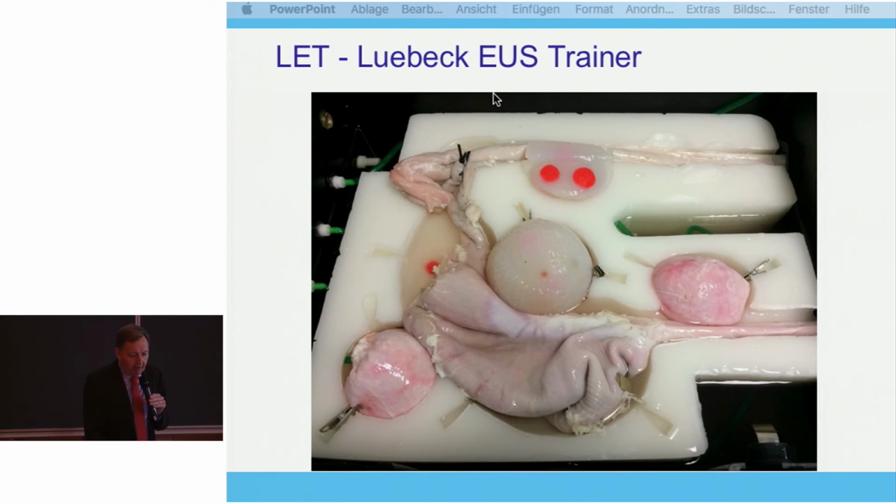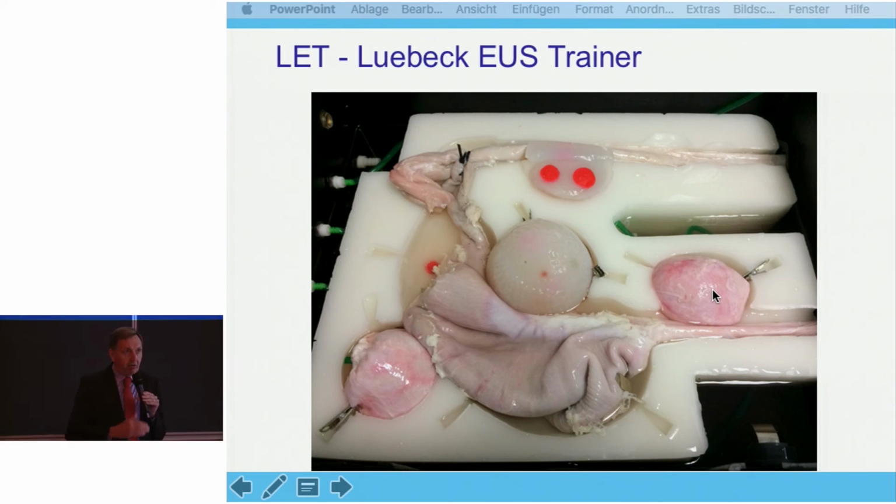You see now the matrix is here. You see the rectum, you see the esophagus and the stomach, and they are surrounded by structures, by lesions where you can train the puncture. You can make a training of solid lesions, and you can control the material. If you have red material, you are inside the lesion, and if you have white material, it was wrong. And you have the possibility to make drainages of bladders close to the esophagus.